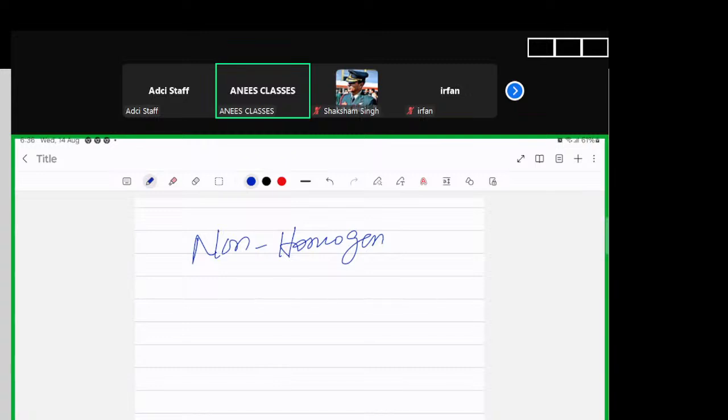Non-homogeneous system. मैम देखो नहीं इसको क्या हुआ है यूट्यूब पे। बस छोड़ रहे हैं, 5 मिनट रुक जा,